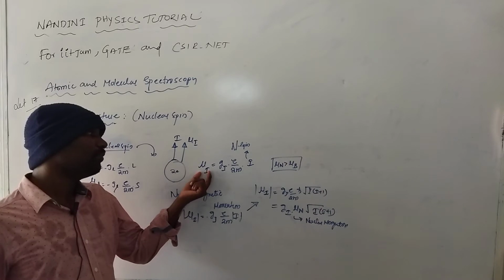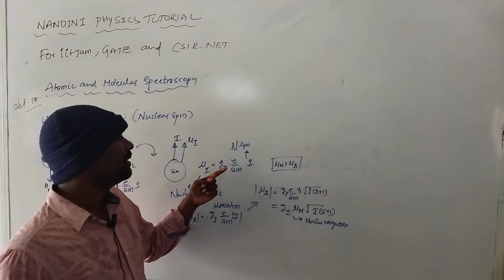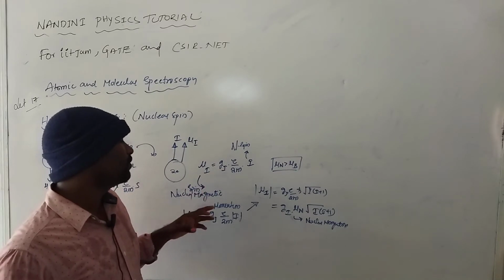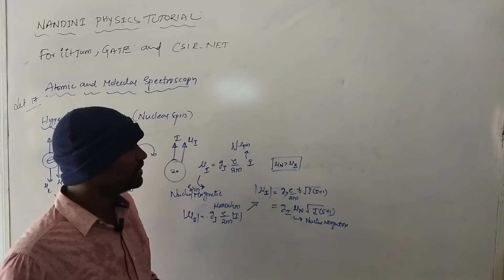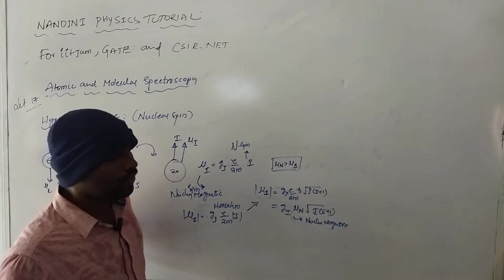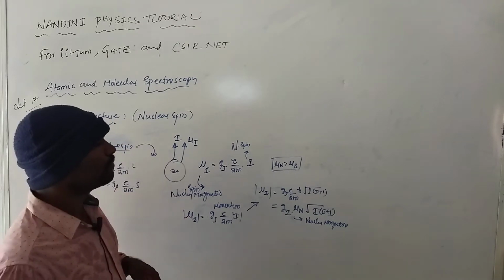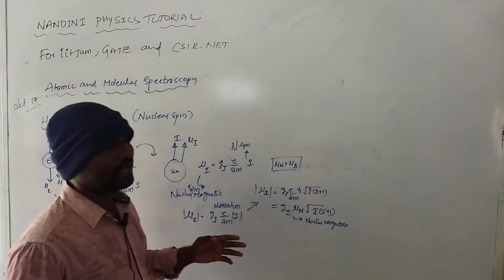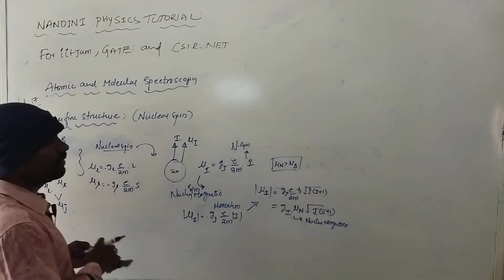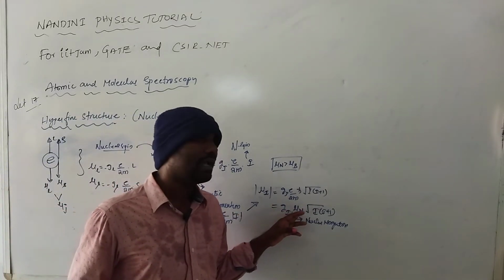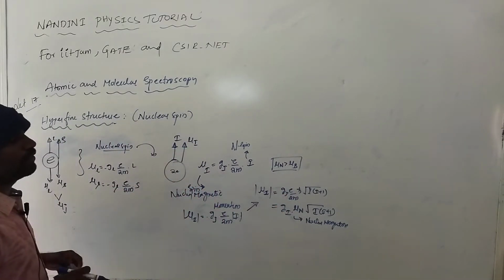That magnetic moment is the spin magnetic moment mu I, represented by g_I e by 2m into I. If you take the expectation value, then you write mu I is equal to g_I mu n root over I into I plus 1. In the Bohr magneton case it was Bohr magneton, but here we write mu n, and this is nothing but the nuclear magneton.